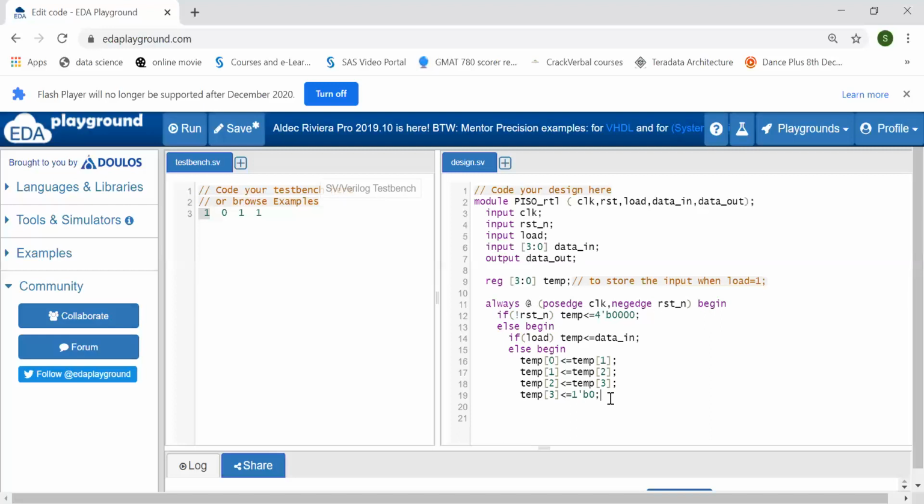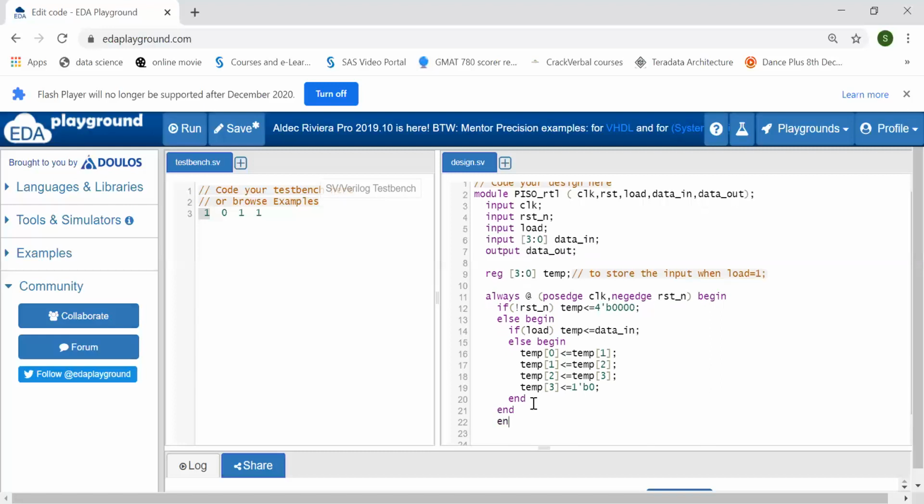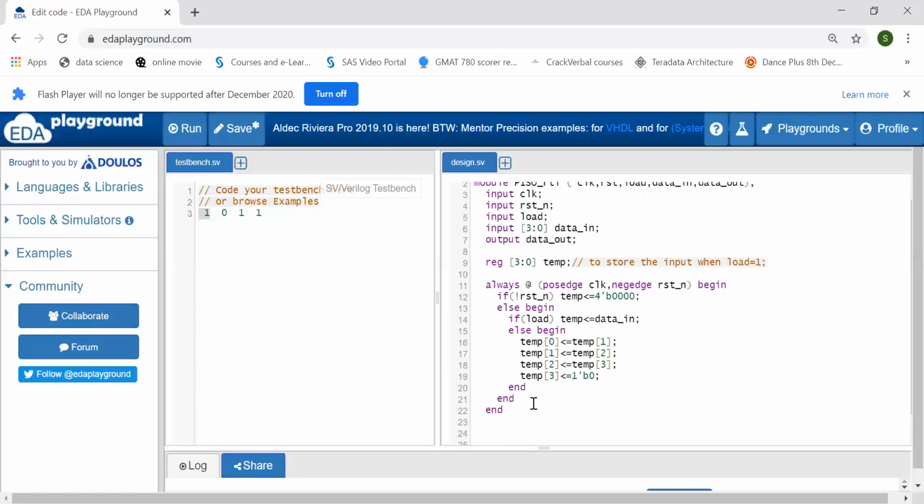So now end, and for this else end, what will be my D out? My D out is equal to temp of 0.